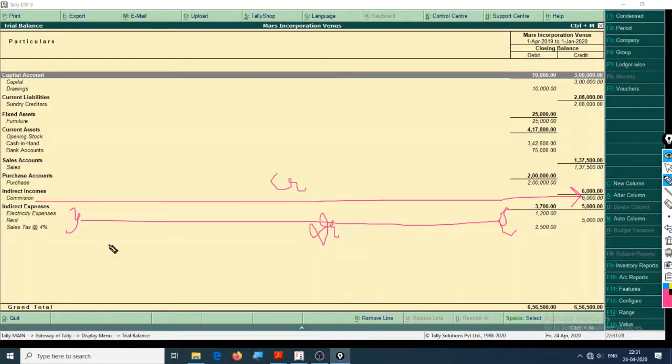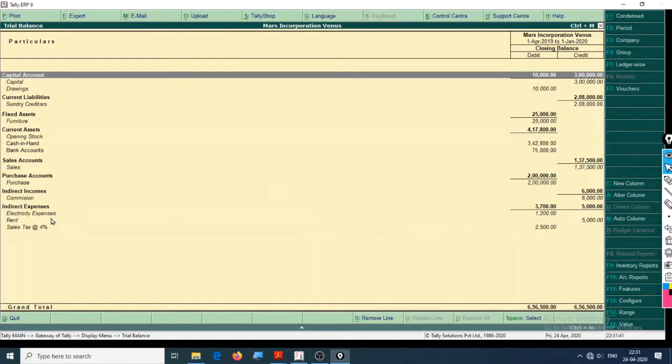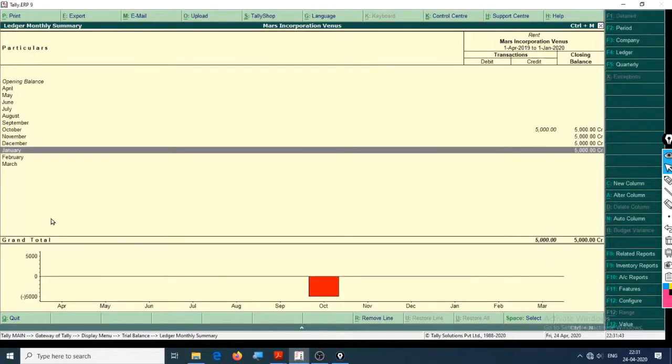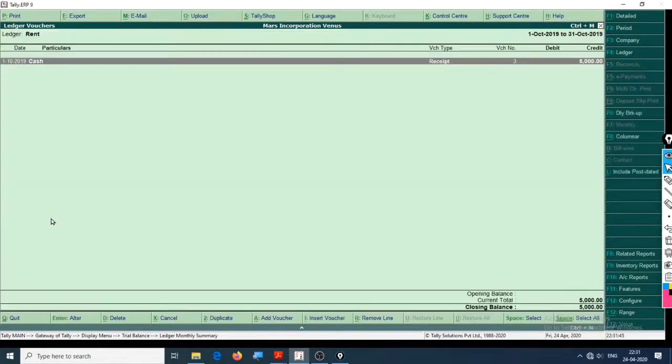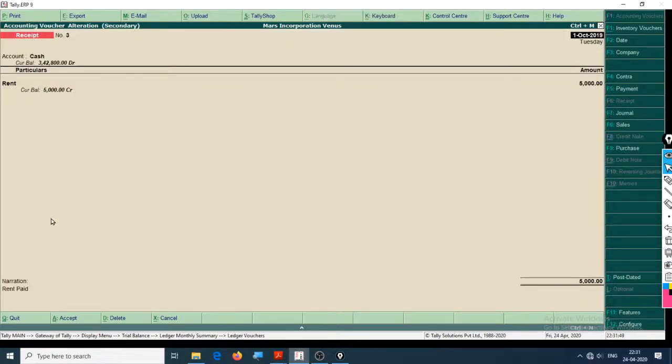Let us see that if the rent account should be debited, then why is it in the credit column? Let's open this ledger right here, rent, enter. Is it possible that we have made a wrong entry? Let's check out this entry.